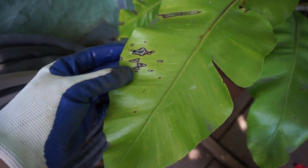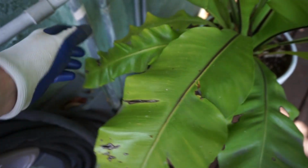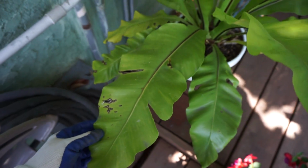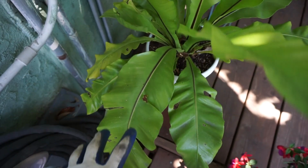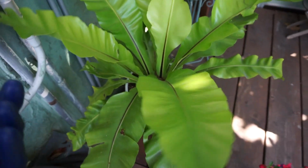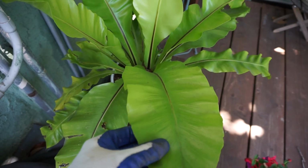So if you have a bird's nest fern and you see brown spots anywhere, or it's turning yellow, or it's looking dry around the edges, it means that the soil is not wet enough. Or if you live in an area where it's just not humid, it could just be too dry for it. So you'll need to